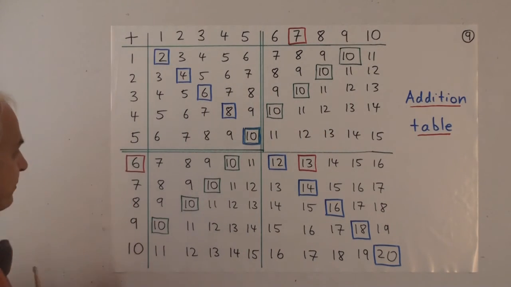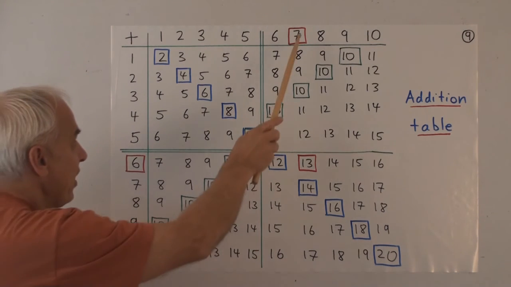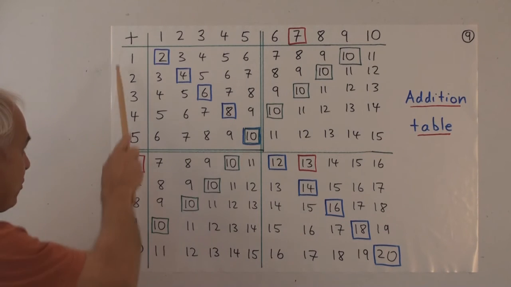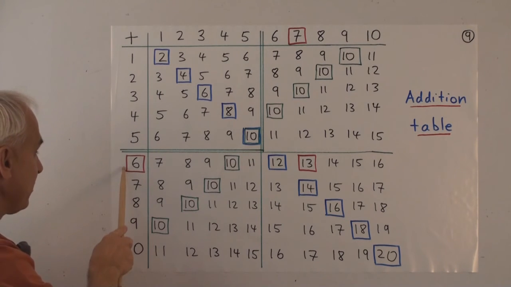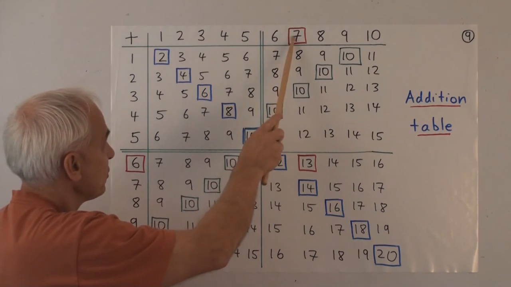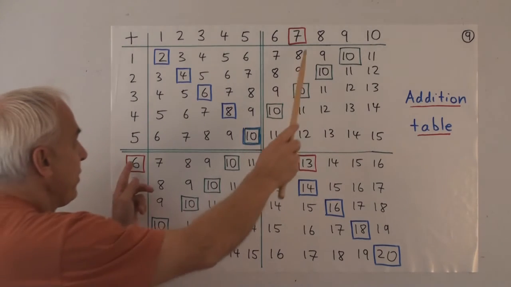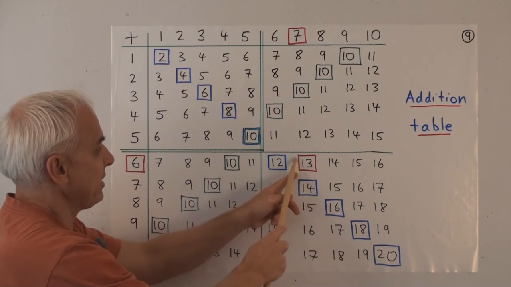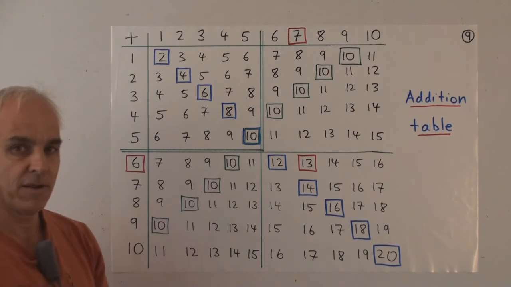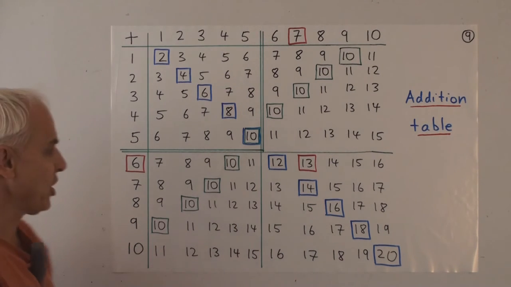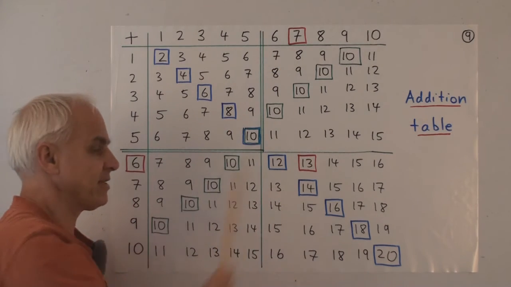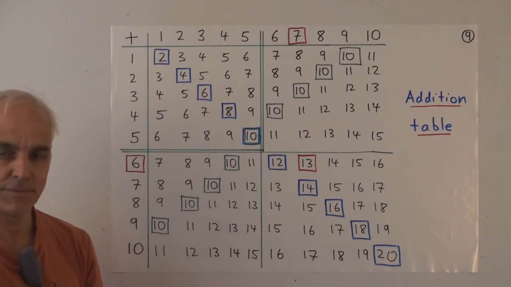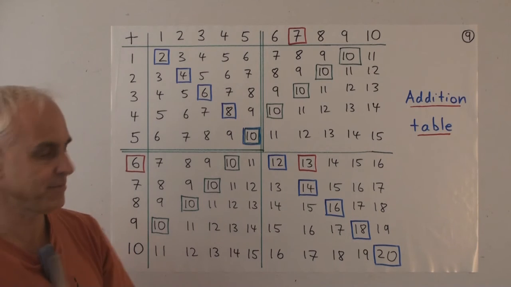both directions. So for example, if we want to know what is 6 plus 7, we go down here, down the first column to the 6, across this first row to the 7, and then we look in that corresponding row and column where they meet. That's 10-3. So 6 plus 7 is 10-3, or 13 if you insist.